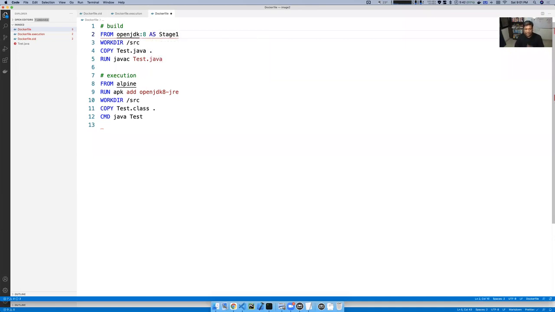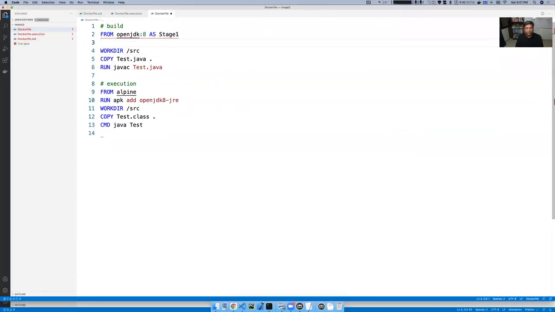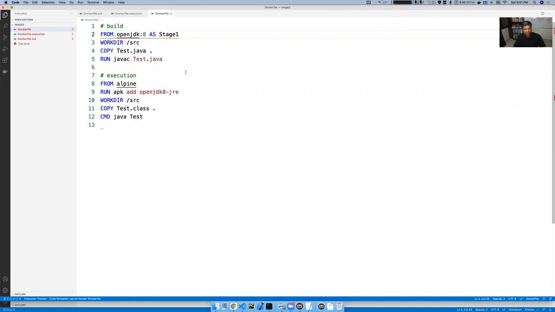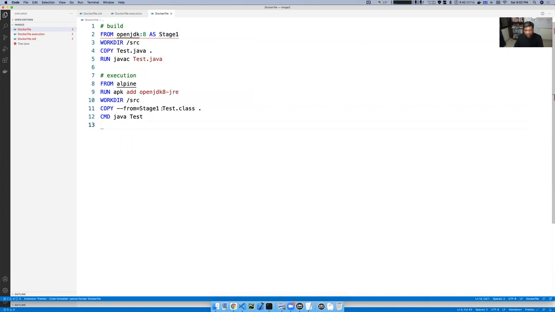Maybe it's the capital letter, that's why it's giving me a warning saying don't do it, leave it, doesn't matter. So from here, this is important. From here, I'm going to say from which stage? So from stage 1. So this is where we are referring to. This is stage 1 and this is stage 1. So we are referring to this stage. From here, copy